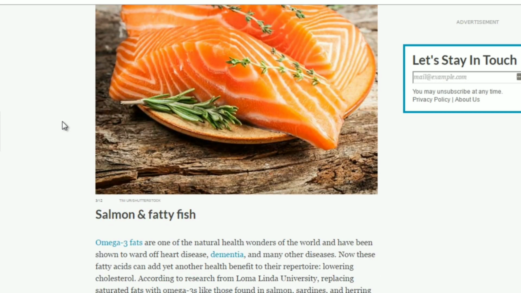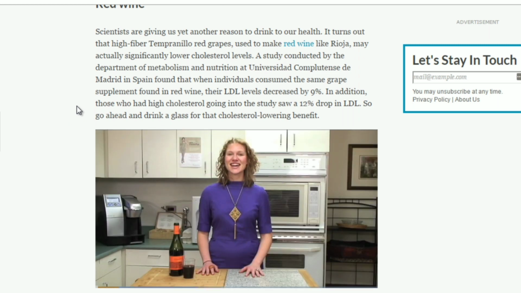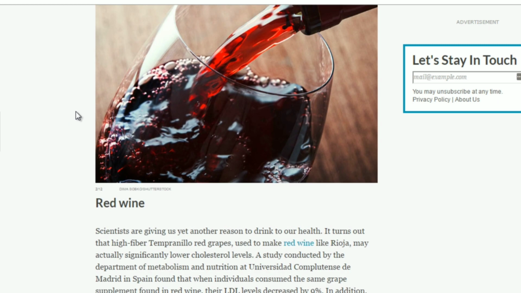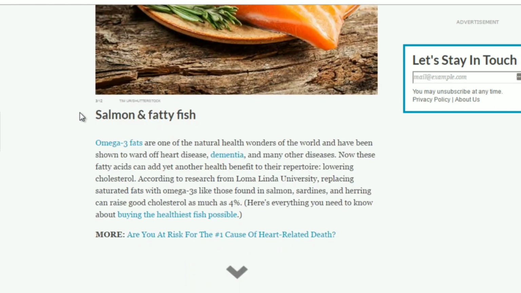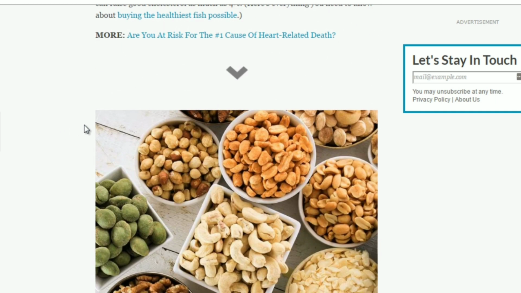So the question is, how do you go more specific? Because obviously the more specific it is, the more interesting it is sometimes, but at the same time, a lot of times, it'll actually boost your authority simply because people feel like, okay, you've actually focused in on very, very specific details. So instead of saying like the top 12 different foods that lower cholesterol, what you can do here is say, for example, fish. You can say the top 10 fish that actually lower your cholesterol, or top 5 fish that lower your cholesterol,